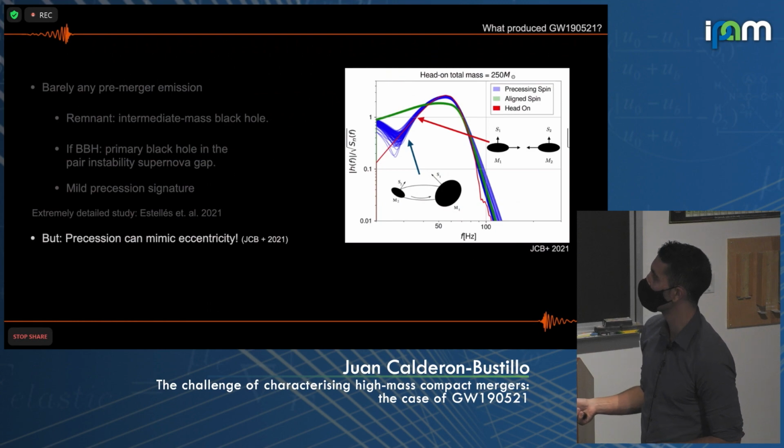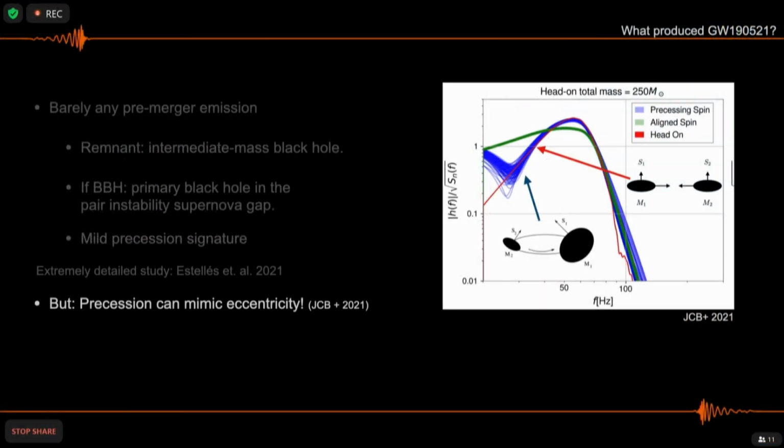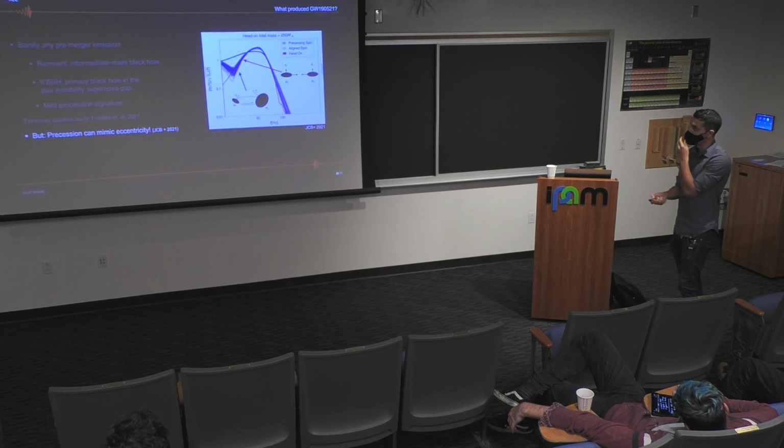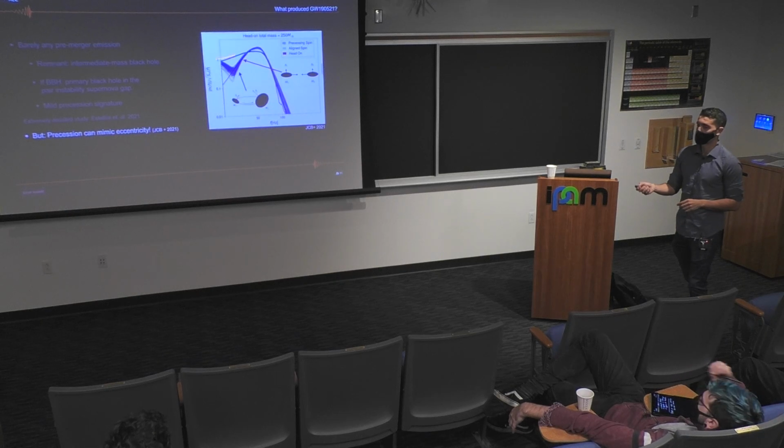So the way you can see this is, you can see here a waveform in the Fourier domain from a head-on collision. Actually, this is a super extreme eccentricity. You try to fit this with precessing signals or precessing templates. You see you can, but you can really not do it with aligned spin systems. So if you had something like this in the data and you just do the analysis that I showed before, you would just think that this is genuinely precessing, whereas it's actually eccentric.